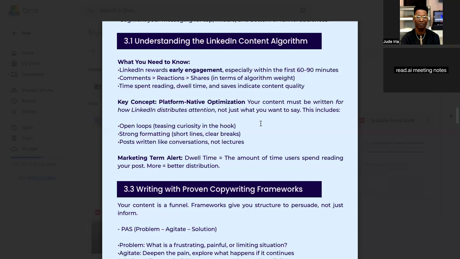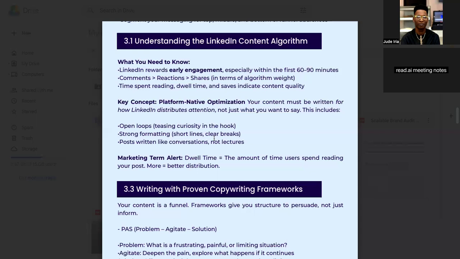Then the formatting: lines, spacing, brackets, and whatever you want to do to make the reading very interesting, because not everyone really likes reading for a very long time. Not everybody, trust me. So you want to make the content easy for them to read. The spacing, the line breaks, and everything are important.